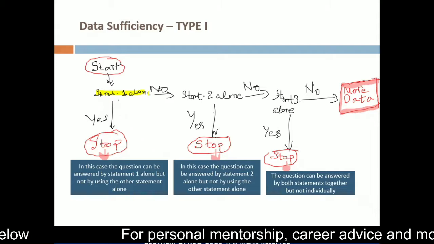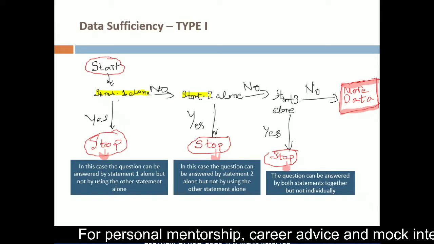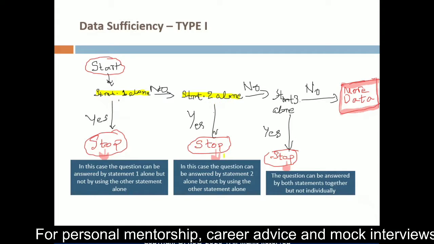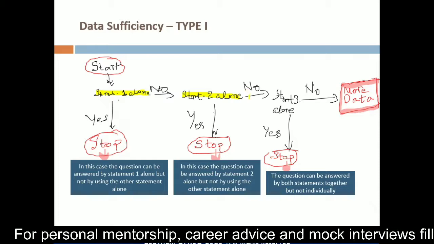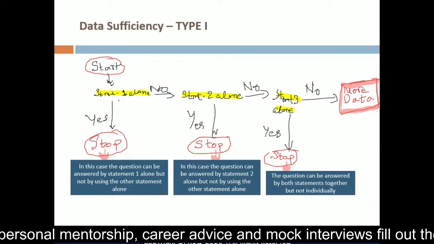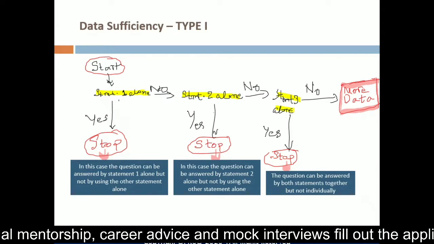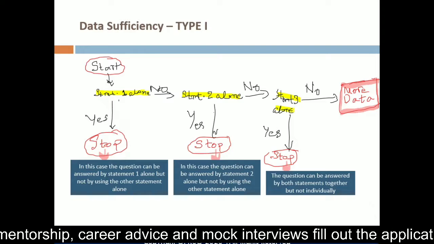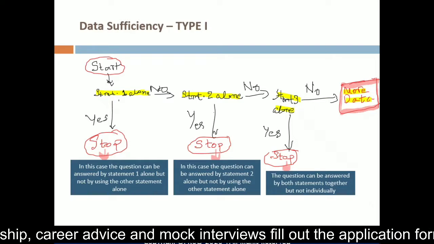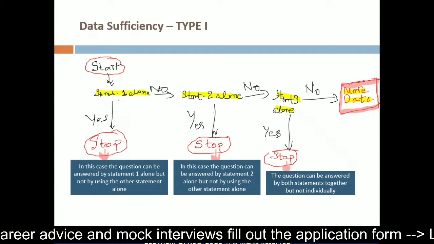But if you are not able to answer a particular problem based on only one statement, then you look at any other statement. If you are able to solve with the other statement, then you stop. If you are unable to solve even with that, then you again go ahead with the next statement and so on. And if you are unable to solve a certain problem even after using all the data points that are provided to you, then you conclude that you really need more data to be able to solve this problem. That is one type of data sufficiency question that interviewers might ask you.